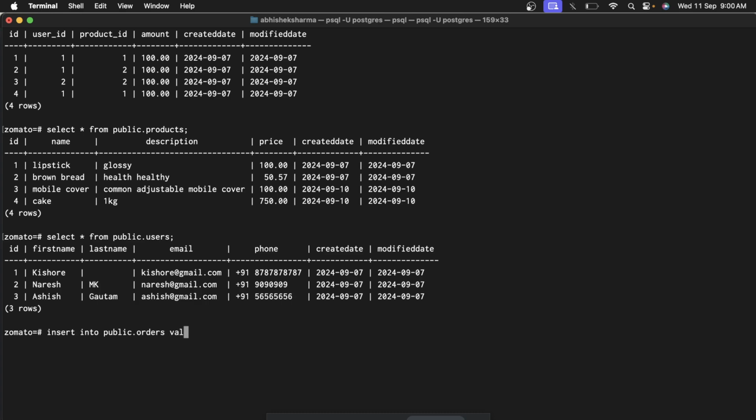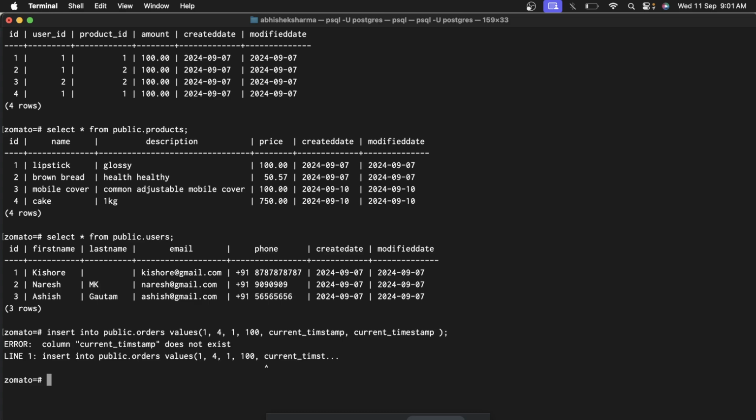Orders values 1, and Ashish, user ID 4, and then the product she ordered should be 1, the amount should be 100, and the current timestamp. Current timestamp does not exist. Okay,